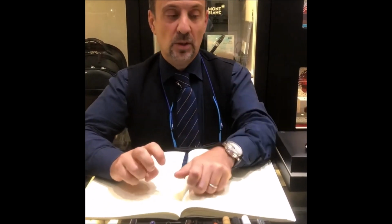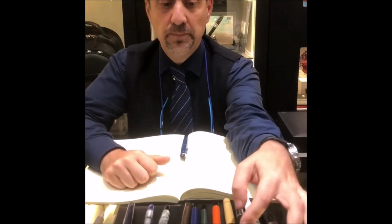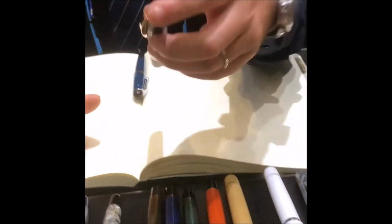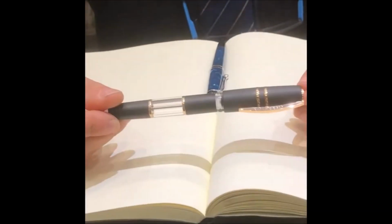The other material is metal, of course, that is now used for cheaper pens because it's easier and cheaper to use. And then we have even some new special materials like at Visconti. Visconti, here we have on display. It's another iconic pen, coming from